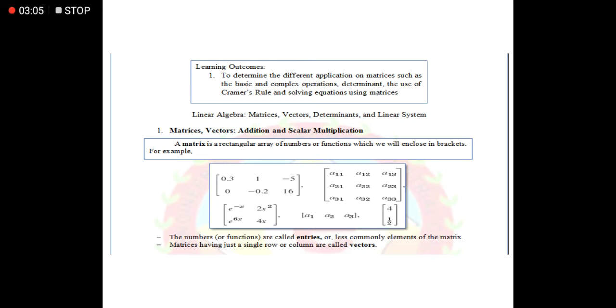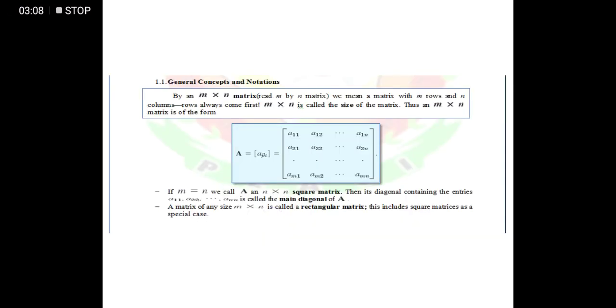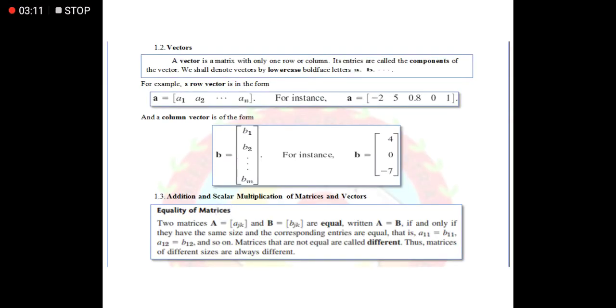So, pakibasa lang din yan. Then, definition here, pakibasa na lang din. General concept, notation. Okay? Then, we have here vector. Kaya ako kanina sinabi na yung matrix natin is actually a vector, or meron siyang combination of quantities in which they have different direction, because a matrix itself is a vector, no? So, meron siyang direction. From your physics, pag sinabi mong vectors, meron siyang direction. Pag sinabi mong scalar, it is only a quantity, but it doesn't have any direction. Okay?